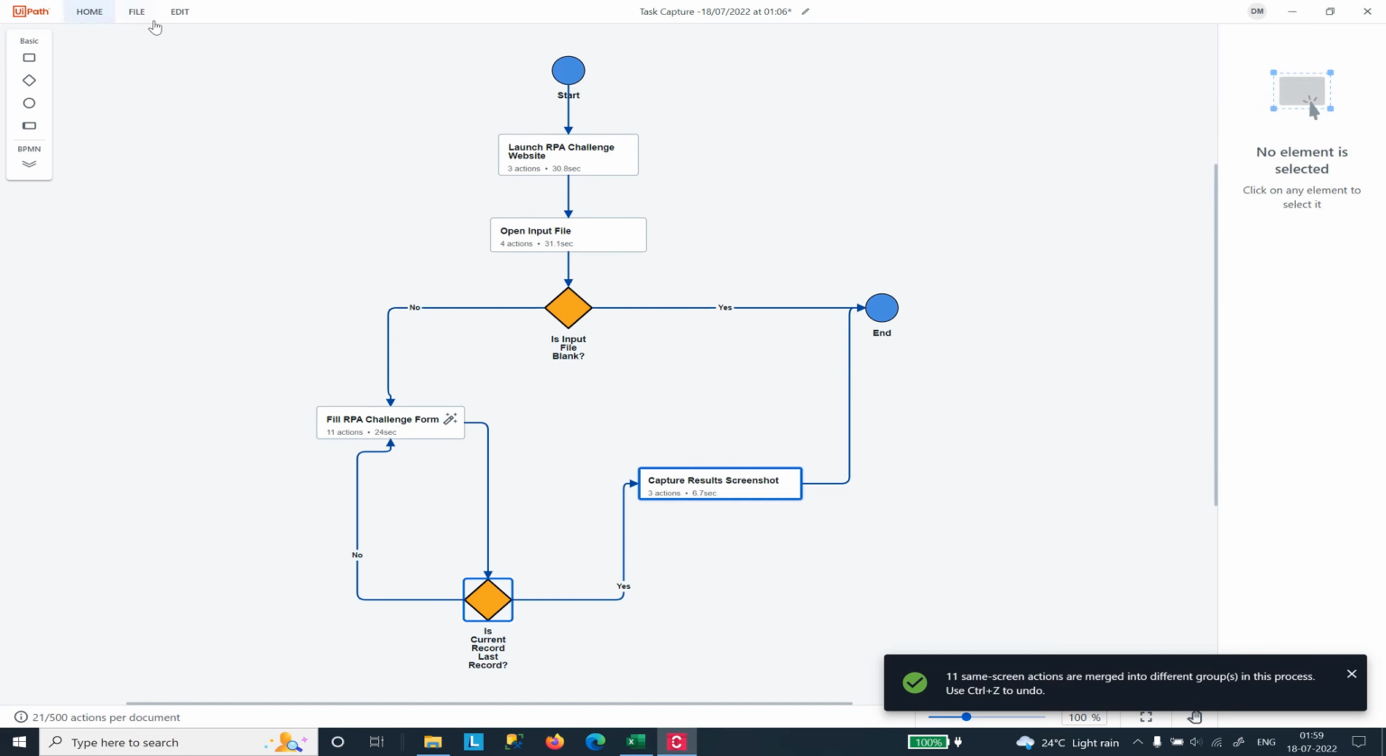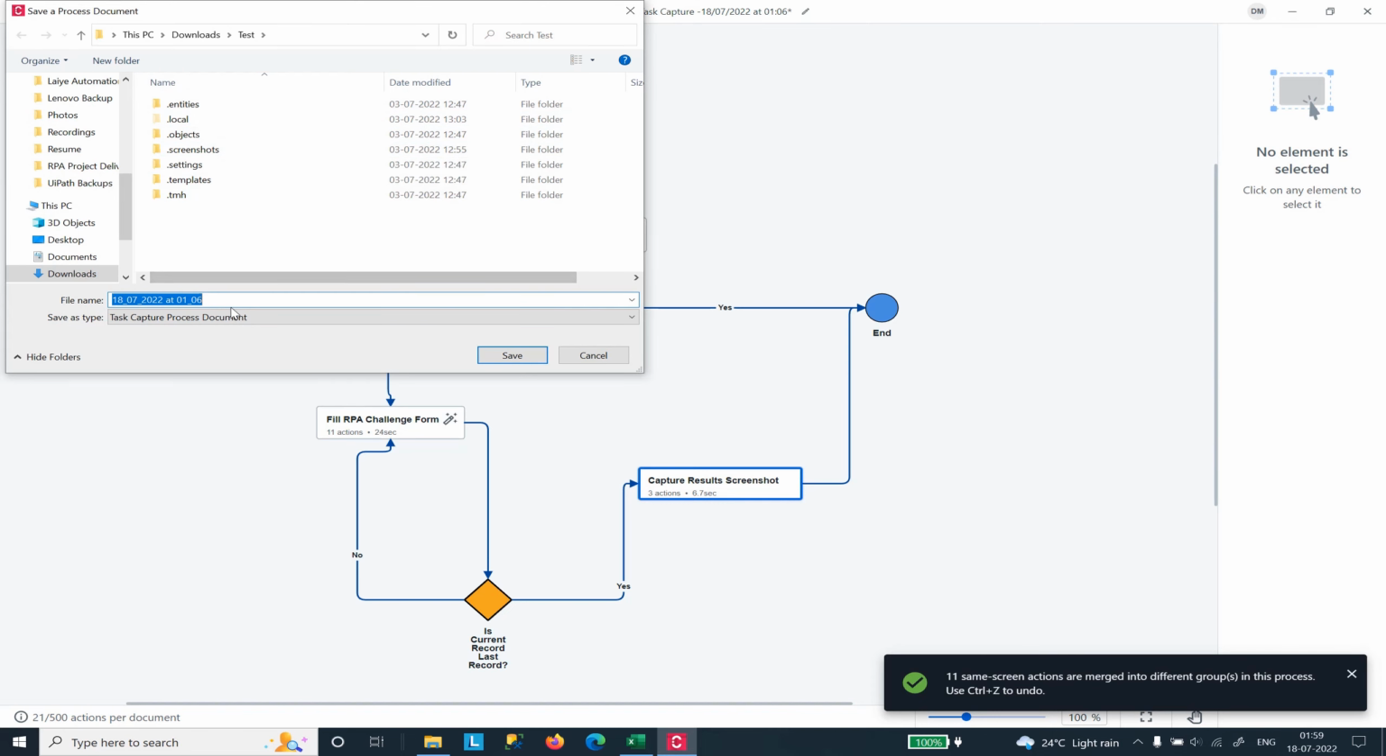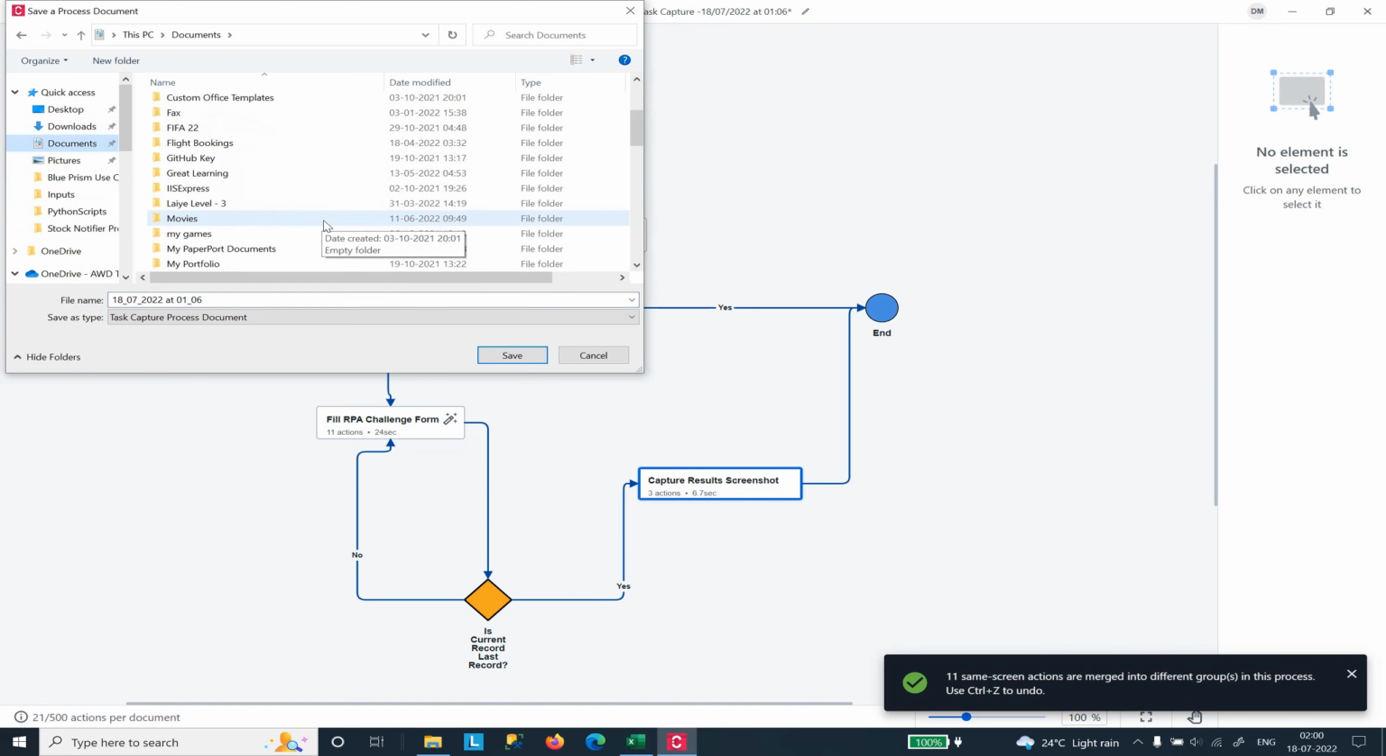And what you can do, once you have completed it, is click on File and save this project if you want. If I want to save this project, I can either press Ctrl S or press Save. I can go to the same folder I was working on, the one for the task capture projects, and